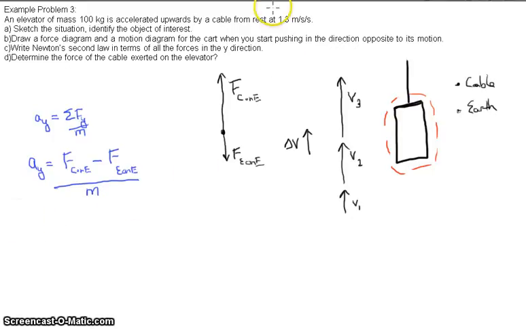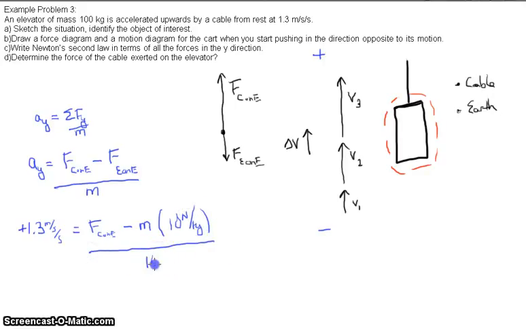So we know, since now we have directions here, I'm going to call up positive, I'm going to call down negative. So the Earth is pulling down, so this is a negative value here. The acceleration will be pointing up because the change in velocity is pointing up, so this is going to be a positive 1.3 meters per second squared. This will equal the force of the cable on the elevator minus the force of the Earth on the elevator, which to calculate is the mass of the elevator times our 10 newtons per kilogram, divided then by the 100 kilograms